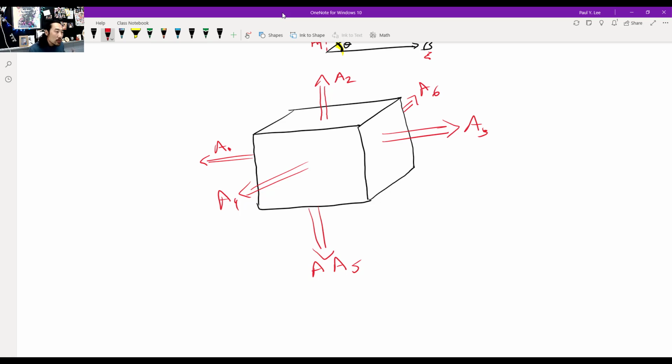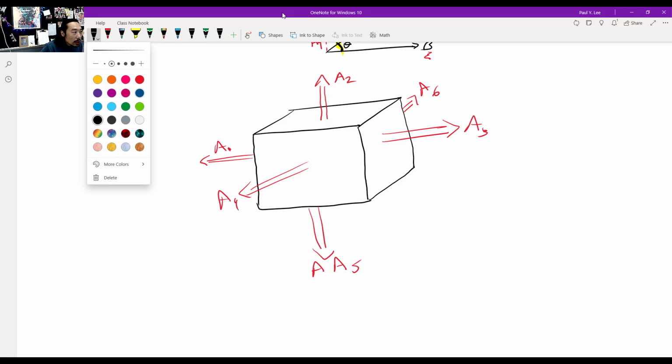Okay, so we have this cube, right? This is a 3D space that we're trying to observe. Now it could actually represent a physical object, or it doesn't have to, but that doesn't matter for flux. If it's physical or if it's just this conceptual little cube in space, what we're